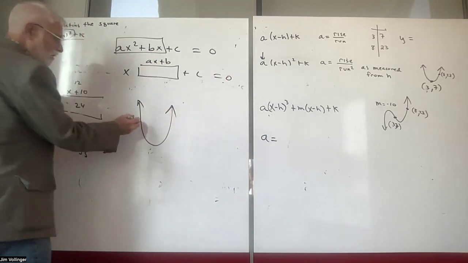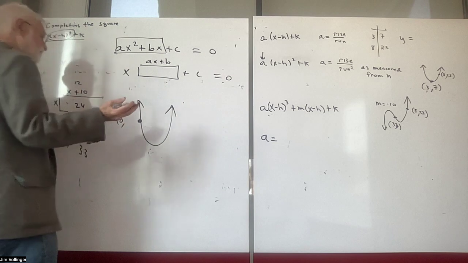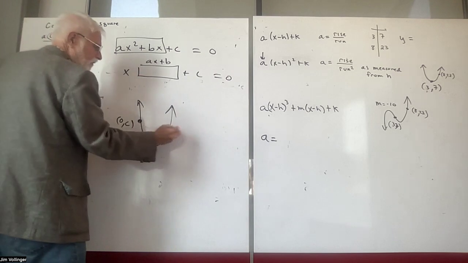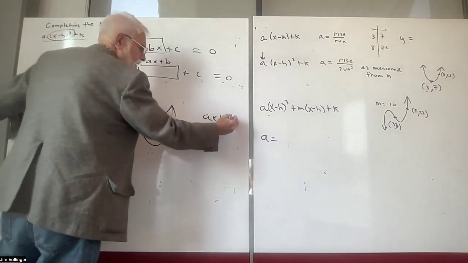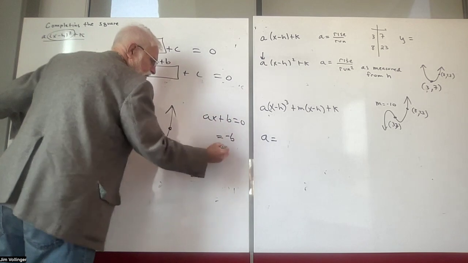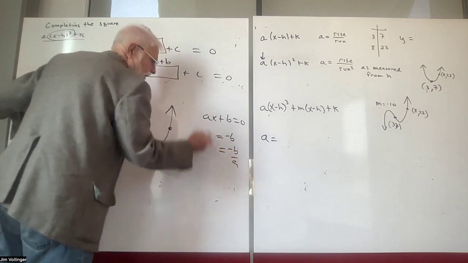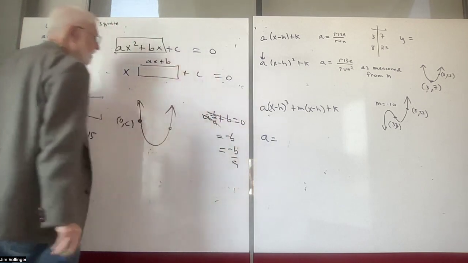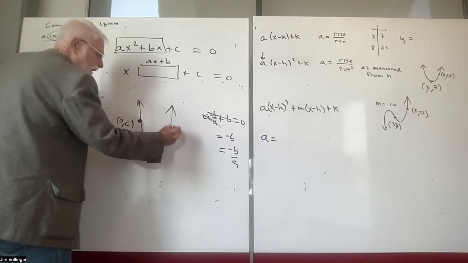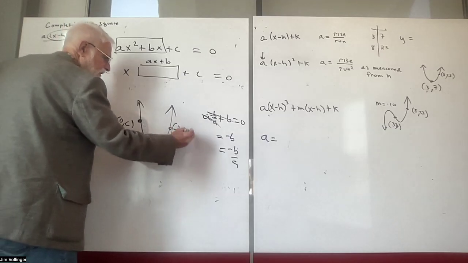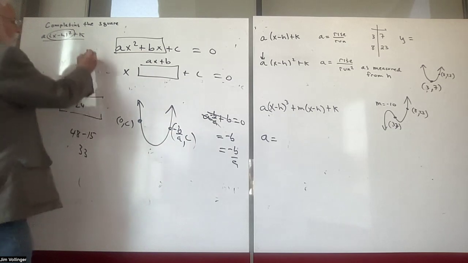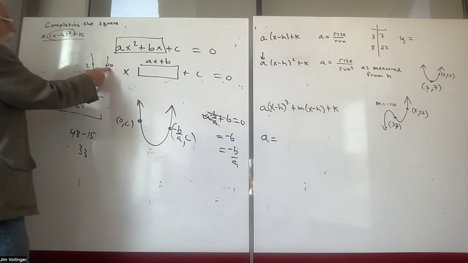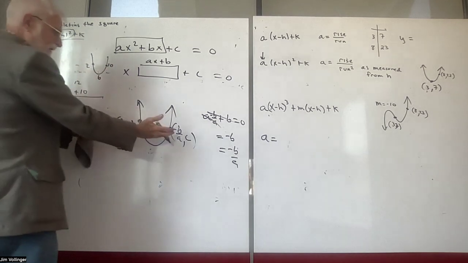I can see 0 gets me c, and I can see that minus b over a. ax plus b equals 0. Subtract b, divide by a. Right, and if I plug it in there, minus b over a, I hope you can see the inverse operations. All right, so minus b over a gets us c, and what's in between those? Well, what would be in between 2 and 10? You add them up and divide by 2 and get 6. So if you add these up,